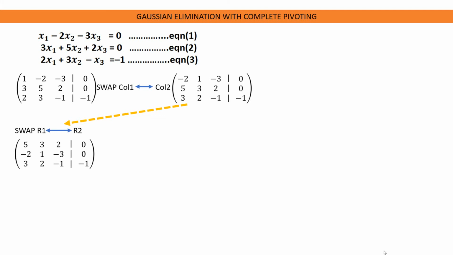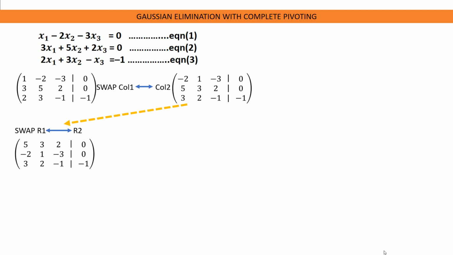To reduce negative 2 to 0, we have to find a number that when we multiply by the pivot element and add it to negative 2, we are going to get 0. To find that number, we divide negative 2 by the pivot element and negate it. And this will give us 2 over 5. And that is the number we are looking for. So 2 over 5 times the pivot element, which is 5, plus negative 2 is 0.